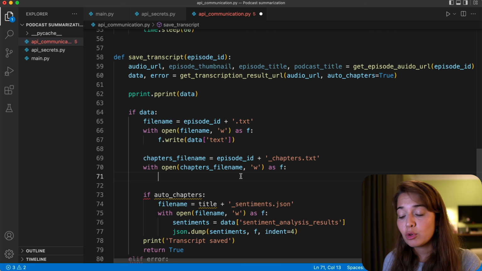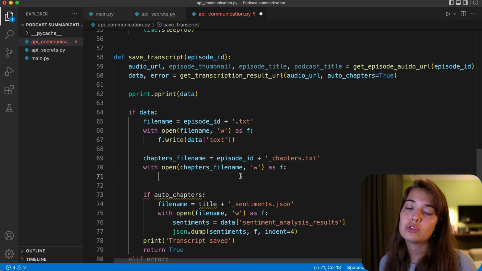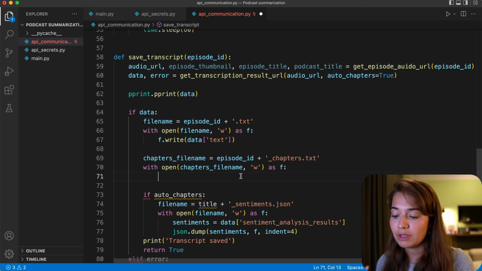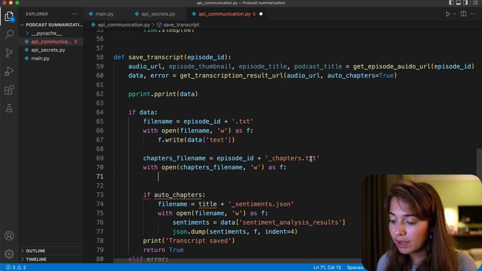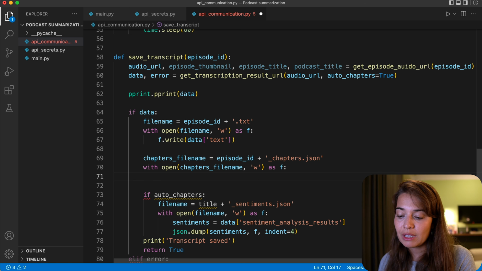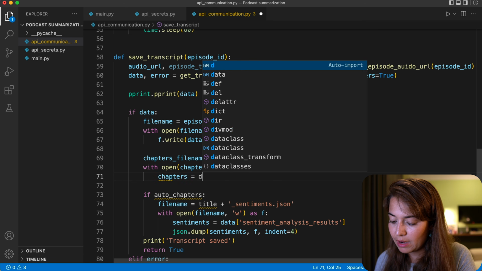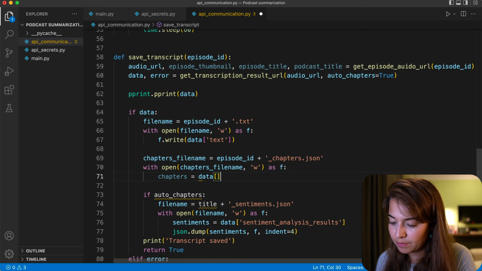And in here, I'm going to write some of the information I got from Assembly AI, specifically the chapter information. And I'm also going to include some of the information I got from the Listen Notes API. One mistake here, I do not want it to be a text file. I want it to be a JSON file so that it will be easier to parse, easier to read later for me. The first thing that I want is the chapters, and I'm going to get that from the data